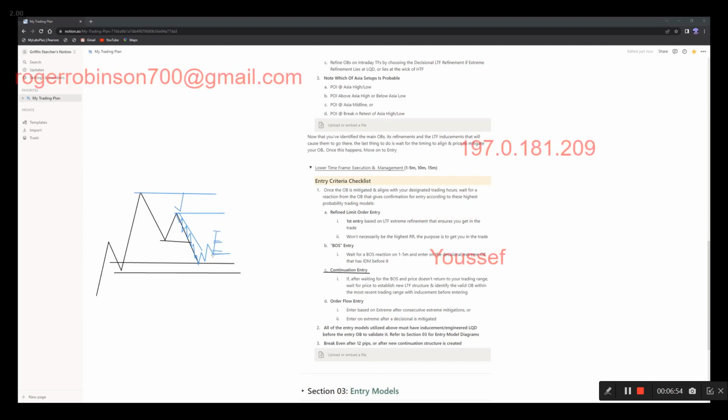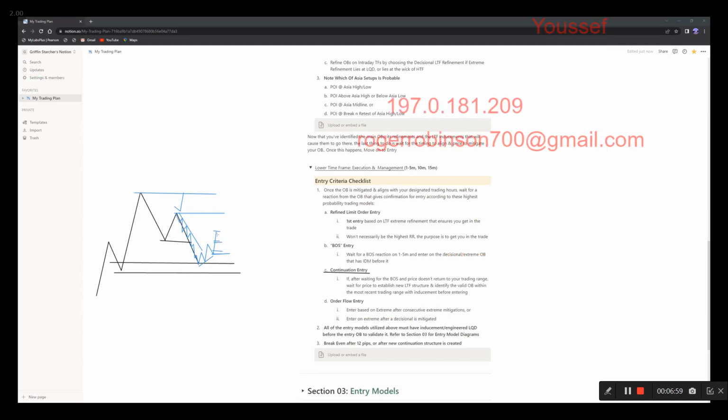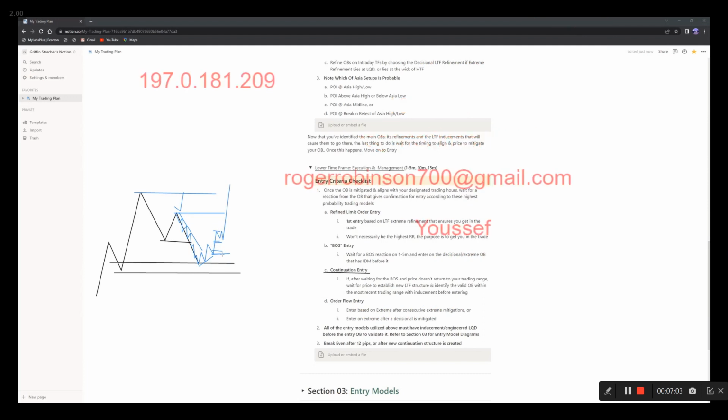And we know this could also be an inducement, but if all this is efficient, guess what? We know that if it comes down here, it'll most likely just fail. So then this tells us here, well, where's the order block, decisional, and then it can keep just going higher. So continuation entries are just the internal 1 to 5 minute structural ranges that are going to be respected when